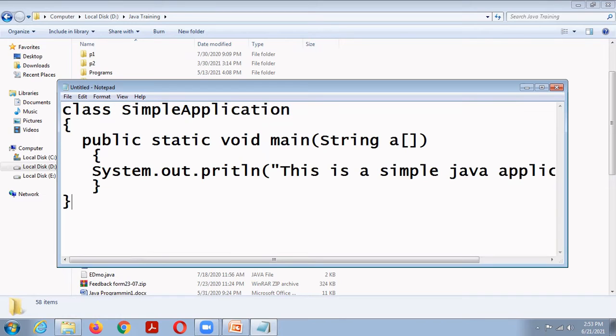Public static void main string array. System dot out dot println, This is a simple Java application. So: class SimpleApplication, public static void main string array, System.out.println This is a simple Java application.